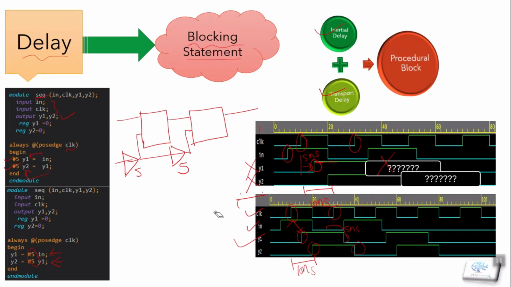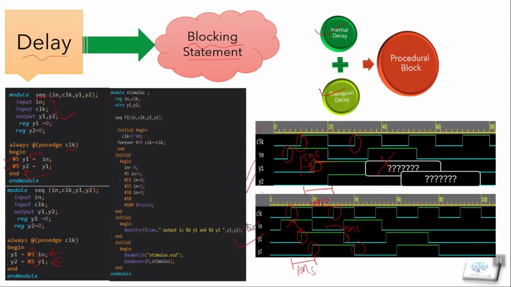About this test bench, let me erase the circuit to get better clarification about the test bench. Now you can check out the same initial delay and transport delay and this test bench on your own software that you are using, or also on the EDA Playground. About the test bench, I'm just taking its name stimuli, giving reg and wire, and instantiating this module, and applying a clock that is changing after 10 nanoseconds.